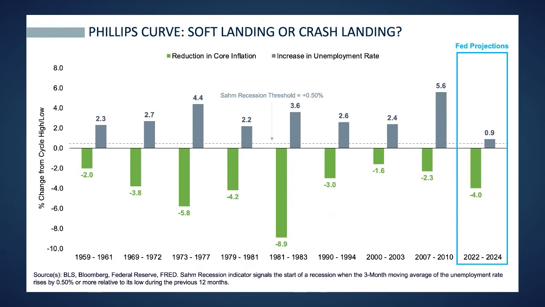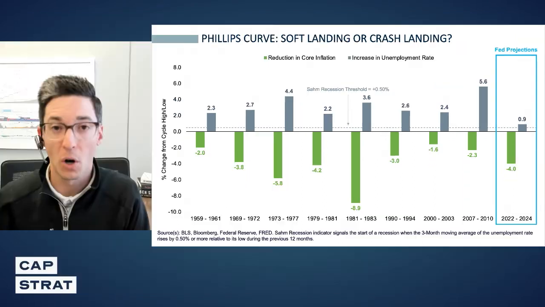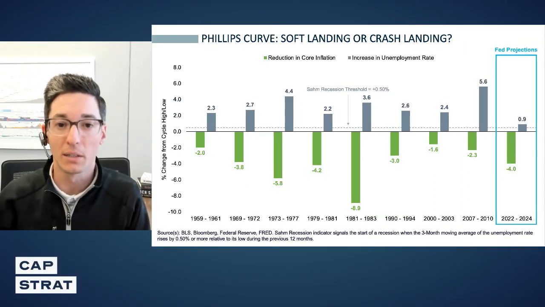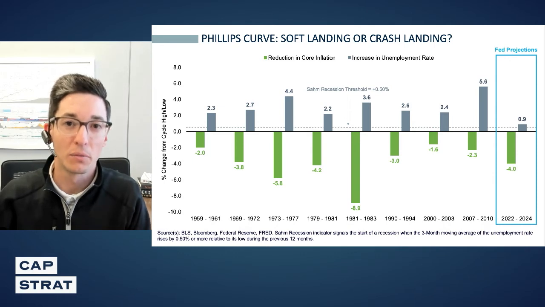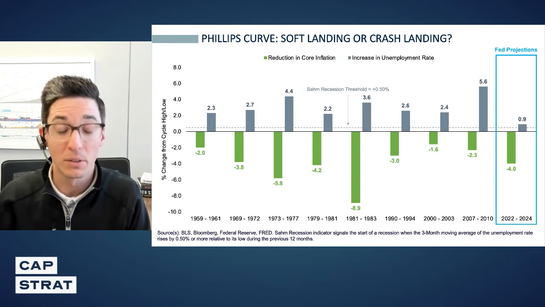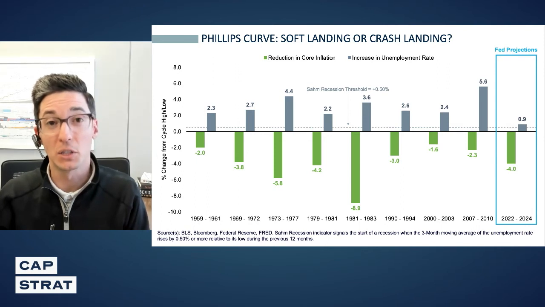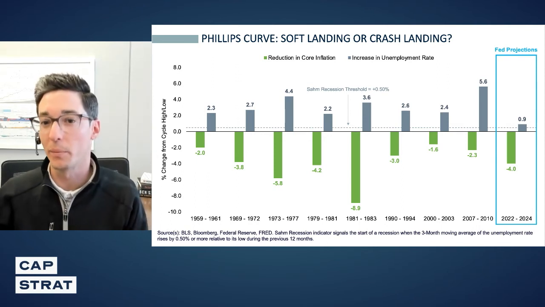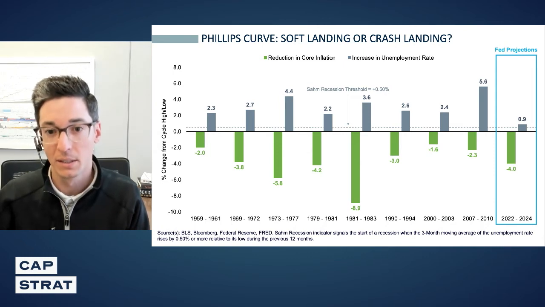Right now, the Fed has to reduce core inflation by somewhere between 2 and 4% on a year-over-year basis. If you look at core CPI, it's running in the 6s. If you look at core PCE, it's running in the mid-4s. They want to get those down to something like 2%. So they have to reduce inflation by 2 to 4%. Historically, if they wanted to reduce inflation by that magnitude, they've experienced an increase in the unemployment rate of upwards of 2%, far beyond the amount of unemployment associated with an economic recession. So if you look at what the Fed is saying they're going to accomplish this time around, hey, we're going to reduce inflation by 4%, but we only expect the unemployment rate to increase by 0.9%.